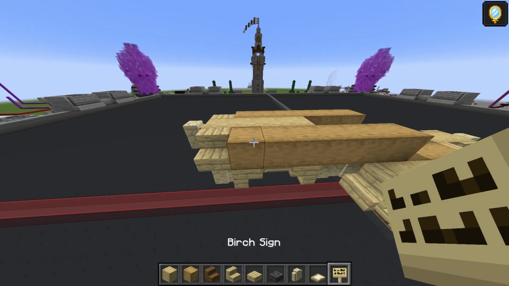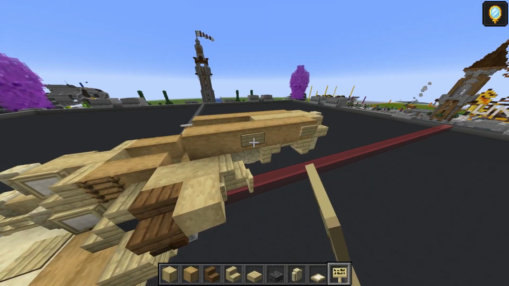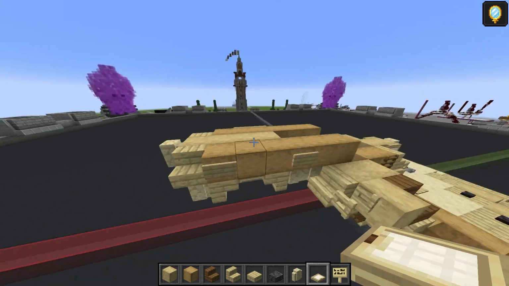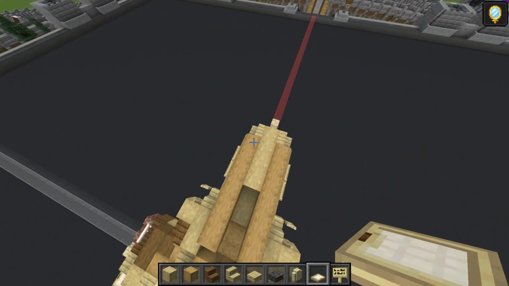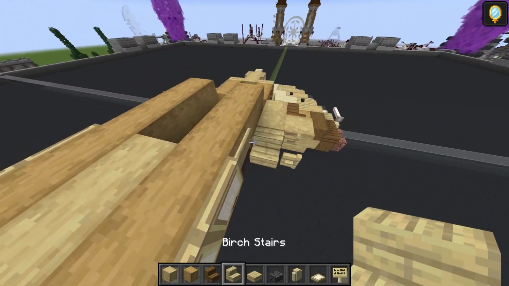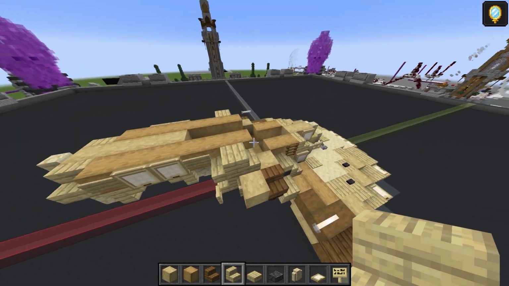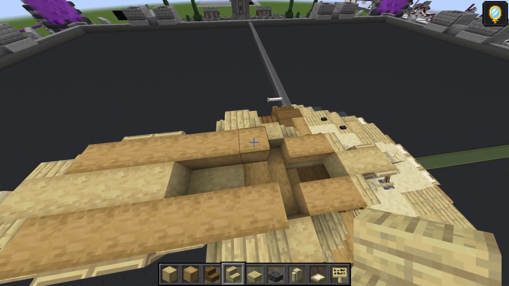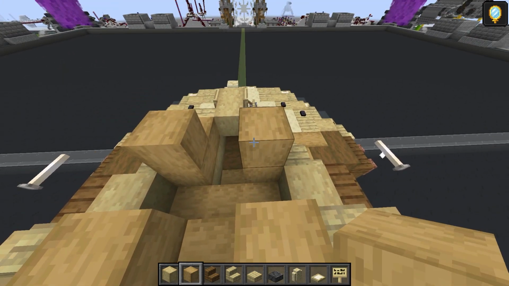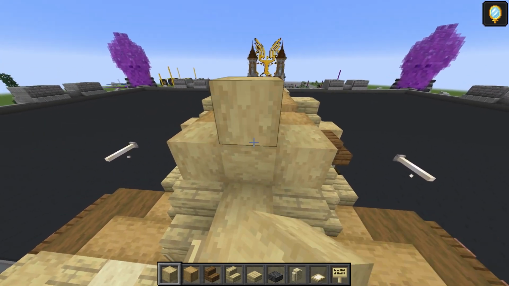Taking the sign, birch one, that's 1, skip 2 and 1 there. Again. And then with the birch trapdoor, 2 and 2, just to add a little bit of a curvature to that, which is always nice. Birch stairs, 1, 2 there, 1, 2 there, facing each other. We're going to take another of the stripped oak wood, that's 1 and 2. 3 stripped birch wood, 1 on the front,